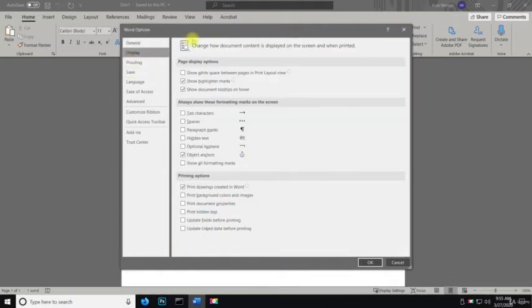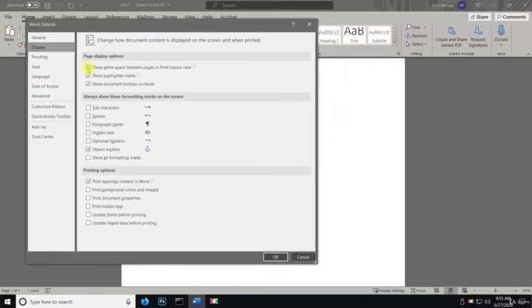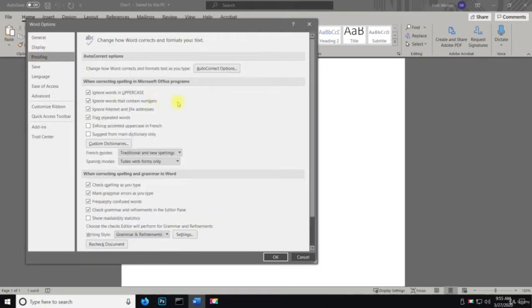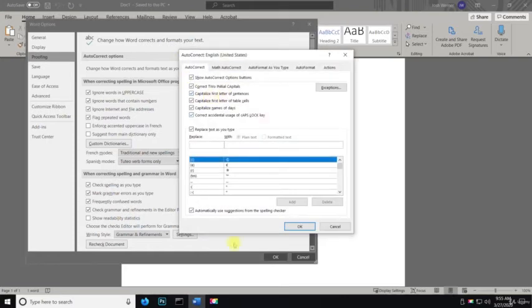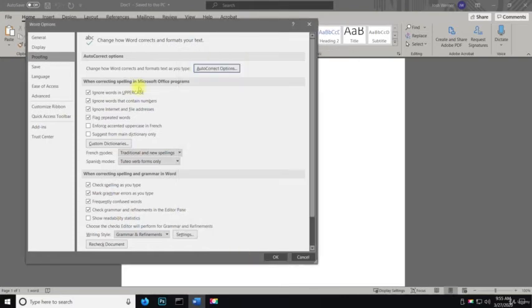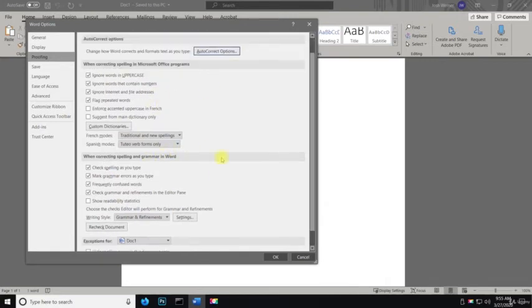Okay. Display. Change how document content is displayed on the screen when printed. We want everything to stay the same. Keep it default. Proofing. Change how Word corrects and formats your text. So change how Word corrects and formats text as you type. Autocorrect options. So with this, I'll leave this as default, but Word is very good about correcting your grammar and